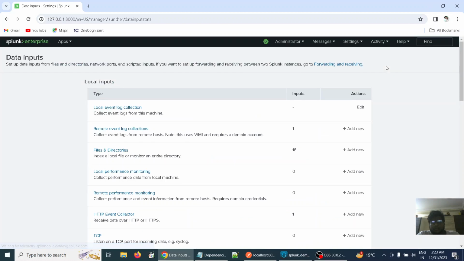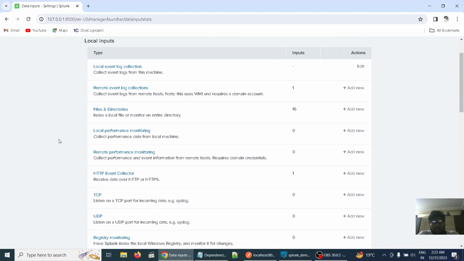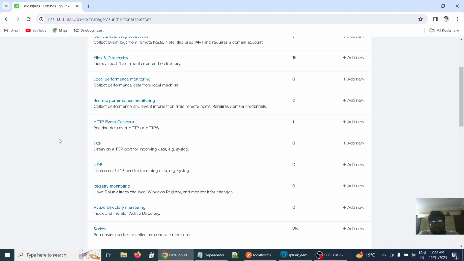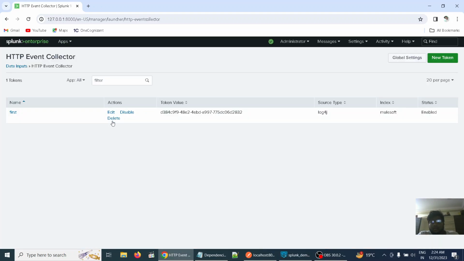Yeah, here there are many options like local event log collection, remote event log collection, like that. In this video I would like to take the data input from the HTTP Event Collector. By using this I would like to receive the data. Here we have to create one token for authentication purposes,